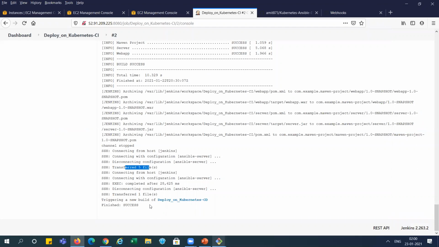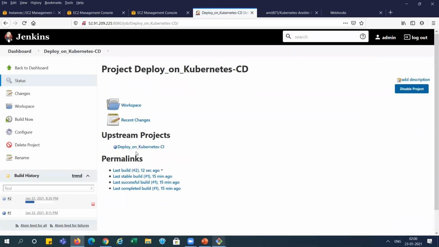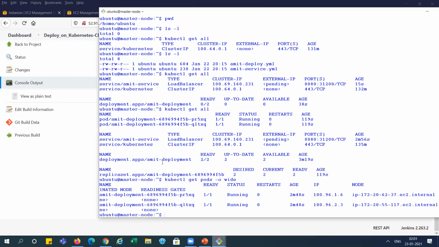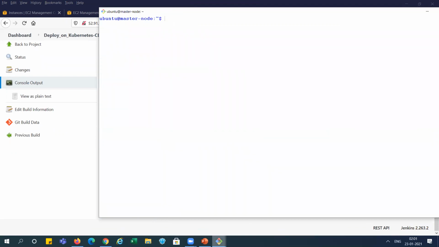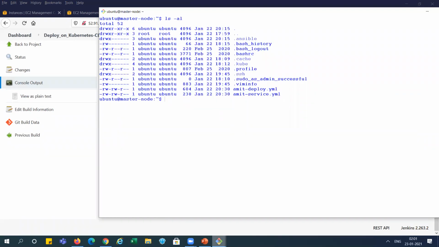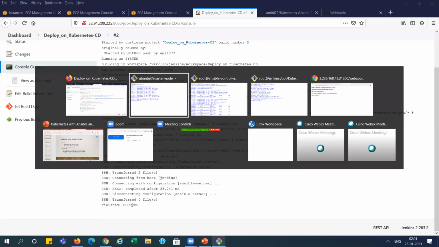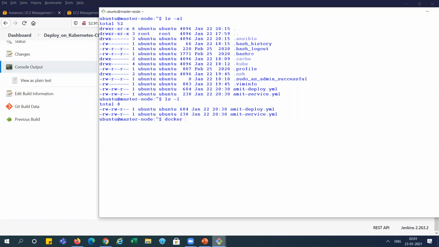Now it is removed, and you can see it is starting the deployment job for CD. You can see here the CD job is started automatically. Second one, you can see here it has already transferred two files to the host machine. I'm clearing all those things. Sorry, ls -l only. You can see this state is updated, right? You can see it is success, right? It means you can see Docker images here.